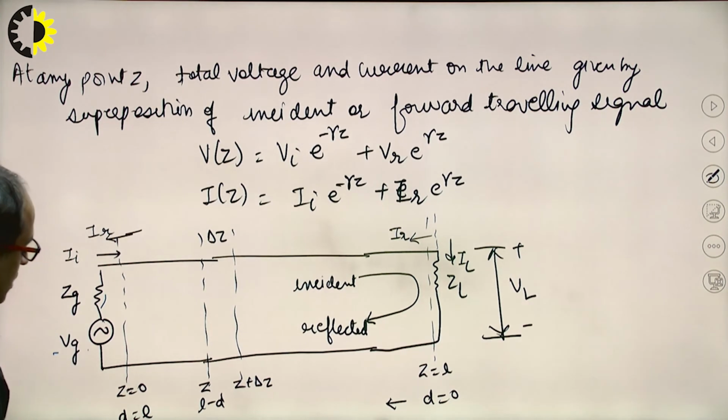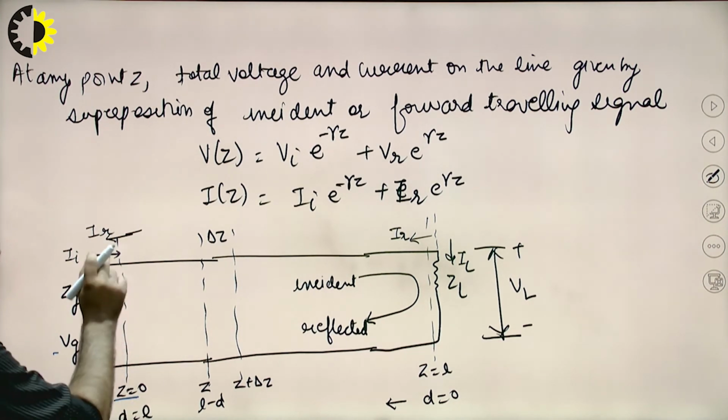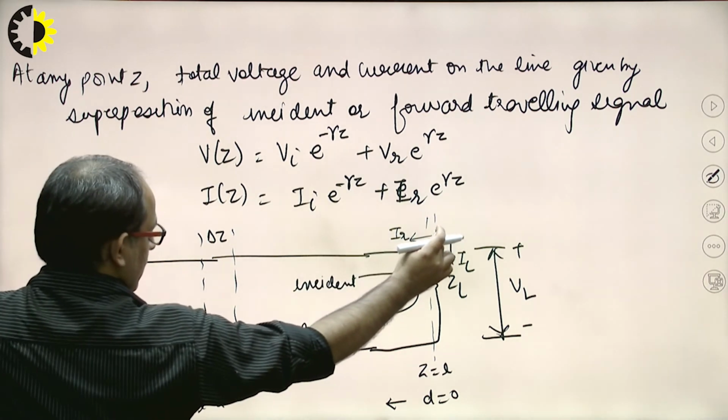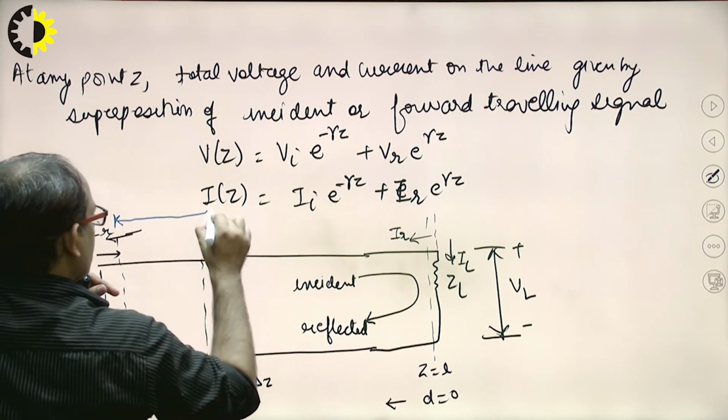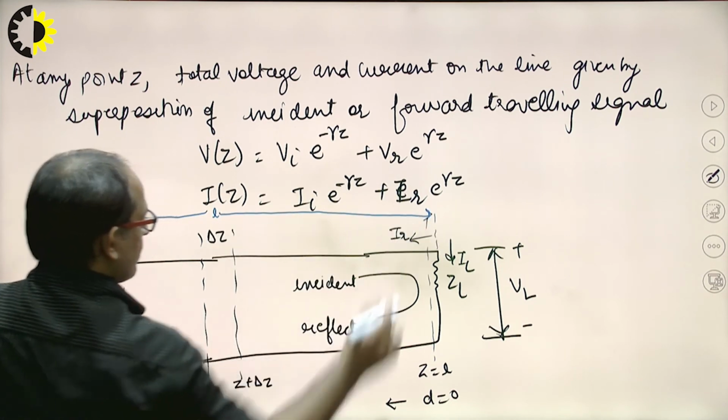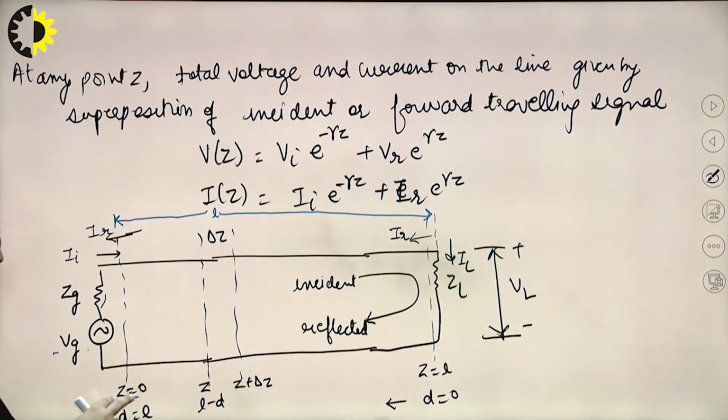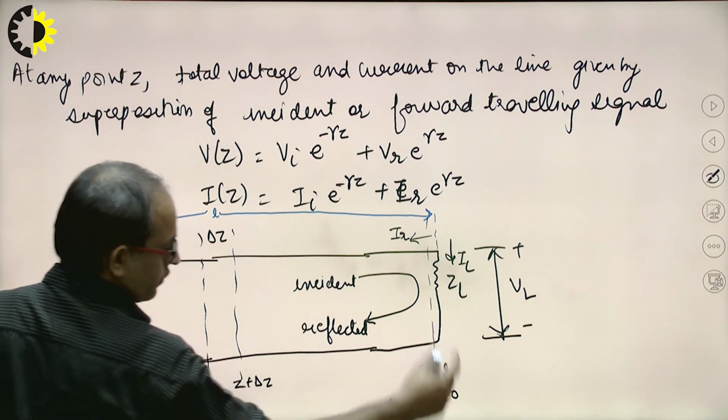Clear? Now see, if I say the total length of the transmission line is L. Clear? So this one is the position Z equal to 0,